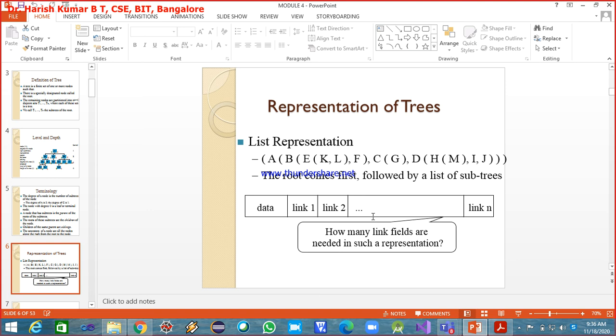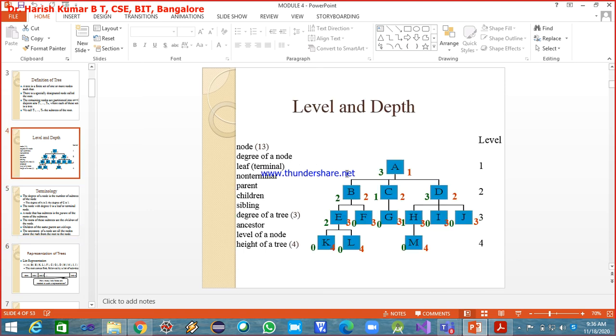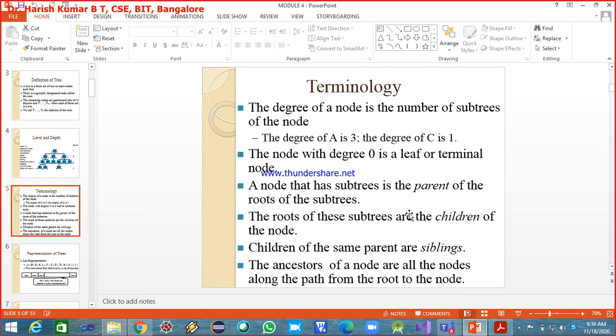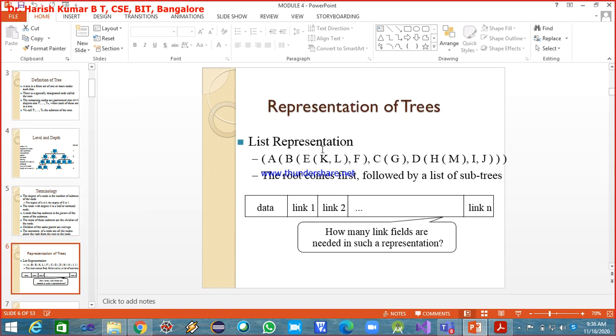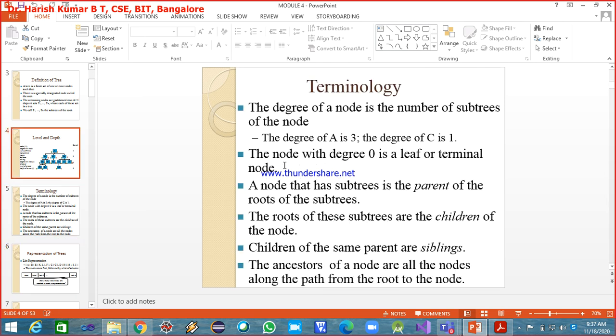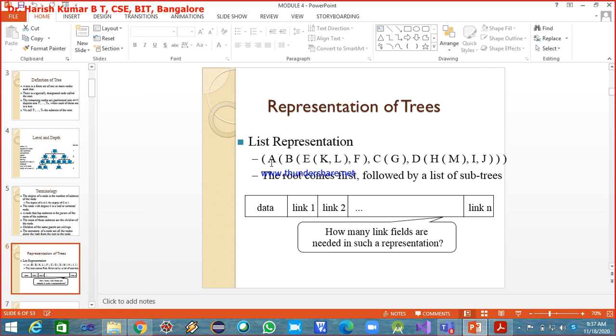Yes, sir. Okay. Now, see, same thing I've represented here, something like this. See, this tree in the form of a linked representation is something like this. A is the root node, and it is written here. And now, what are its